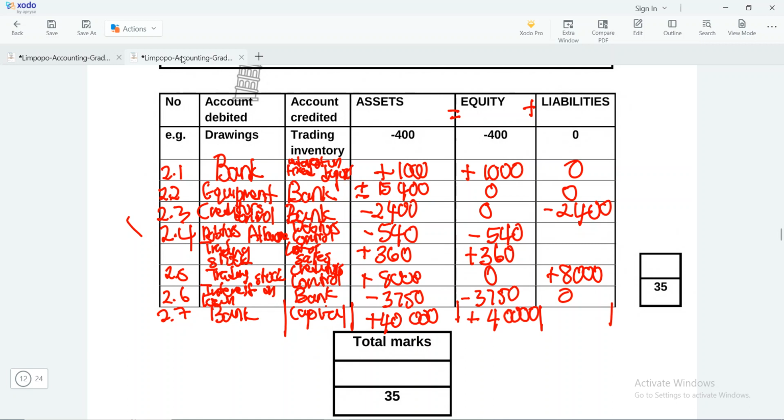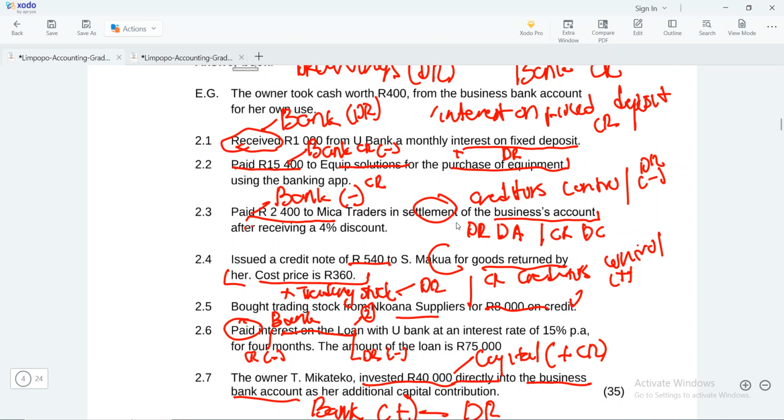And this, folks, is how you are supposed to do an accounting equation. Most of the questions will be similar to what we have touched here. Maybe sometimes they might even think about, let me go through the transactions again. Sometimes